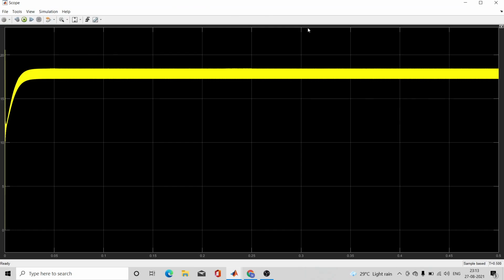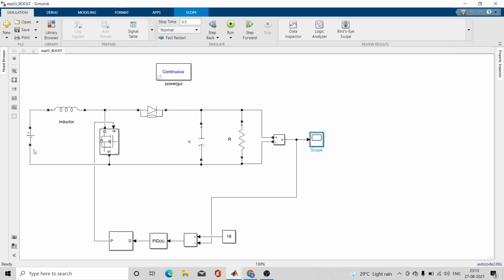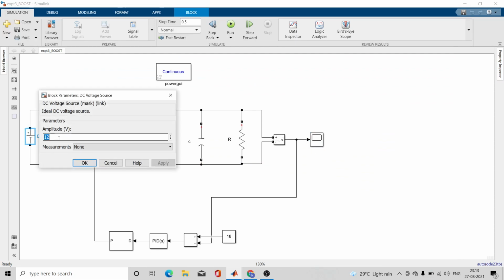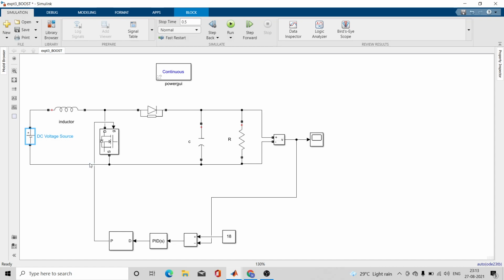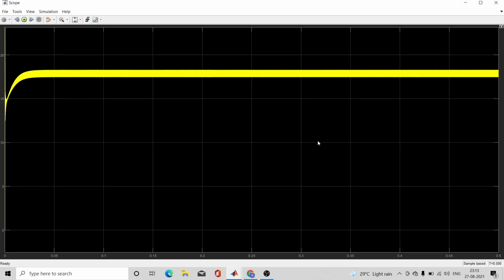So you will say what is different in it. Let me tell you now. Let me change the voltage from 10 volt to 15 volt. So what should be the output? In case of open loop, your output changes, but in case of closed loop, even though you are changing the input, your output will remain constant. Let us see if it is really happening. Yes, you can see the output is again 18 volt. There can be some distortions in it, but still it is managing to give you 18 volt as output.